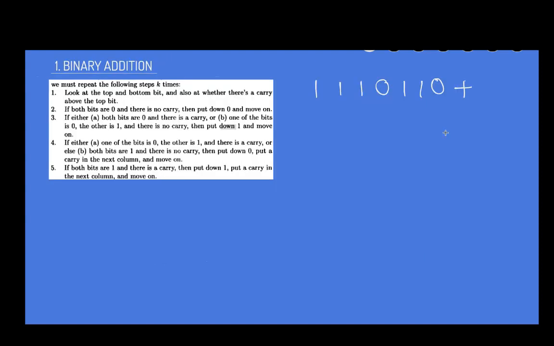Now let us consider an example. Consider the binary number 11101110 and let's add the number 1010100 to that number.